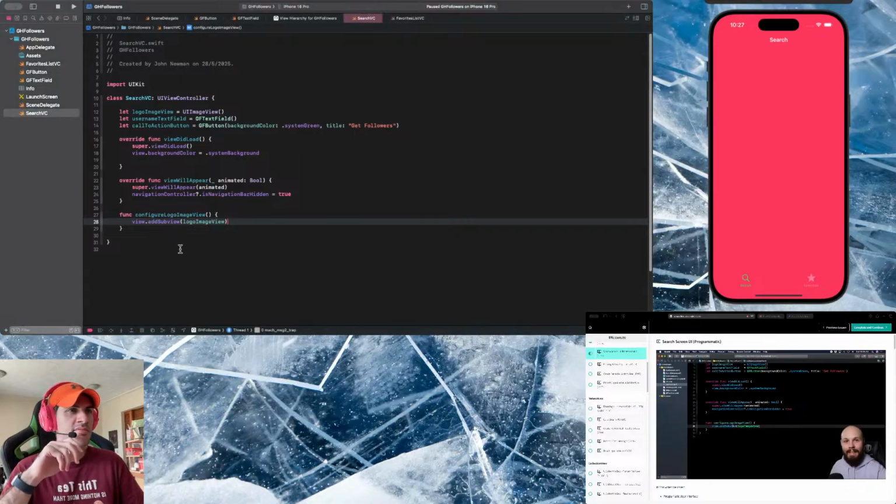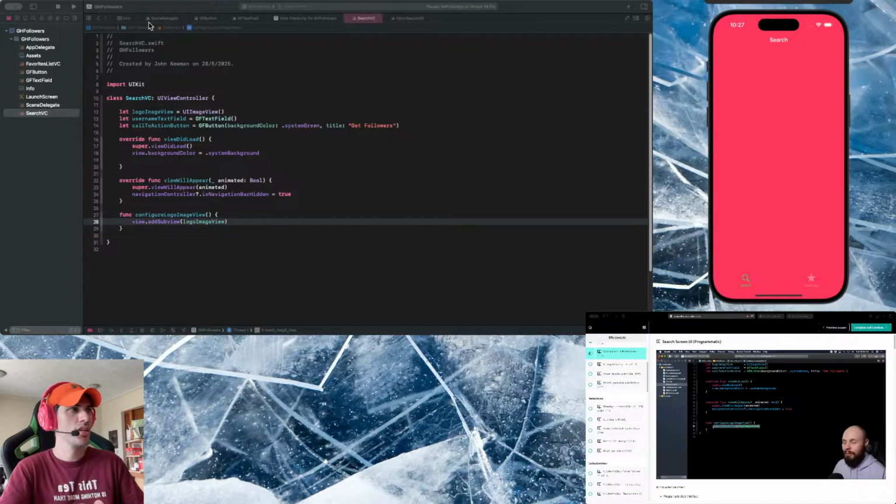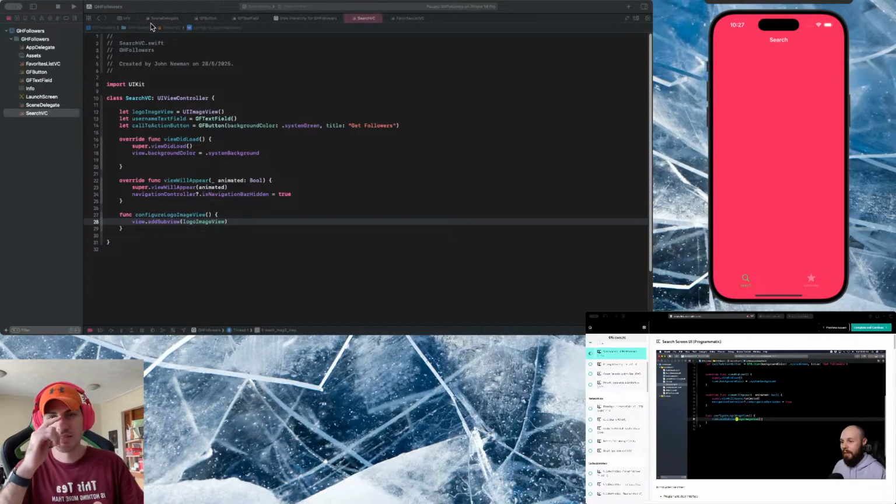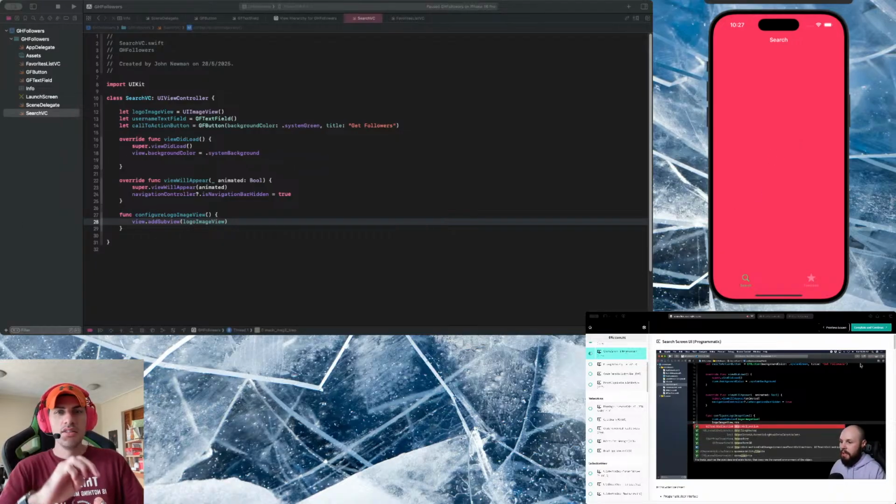It's like configuring it but forgetting to add it to your view controller in storyboard. I do this all the time. I'll forget to add it to the subview. It happens, but you've got to do that for everyone, and you'll see that. And like I mentioned before, when you're dealing with programmatic UI and auto layout, you have to do the logoImageView.translatesAutoresizing